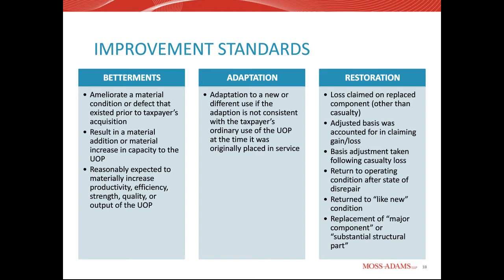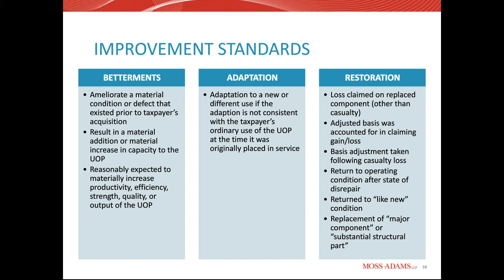So really when you're looking at improving a property, you have to apply the BAR test. If it doesn't meet one of these criteria, there's an opportunity to potentially expense it as a repair versus capitalizing it, and identifying a partial disposition. Jason, what might be a common example in a skilled nursing or long-term care facility?